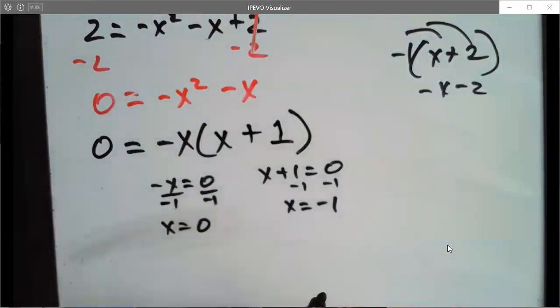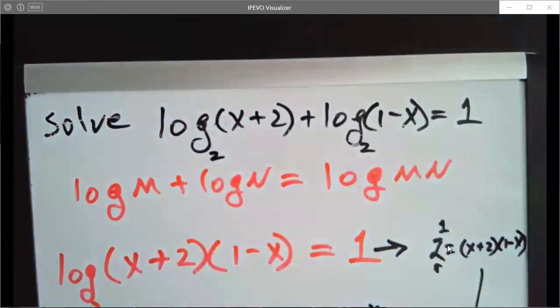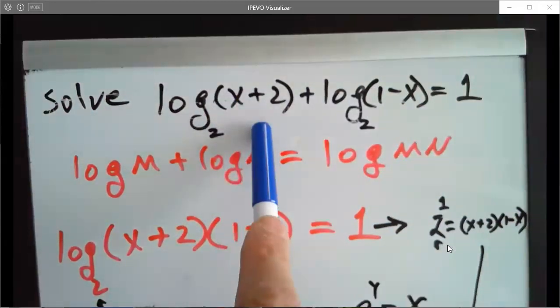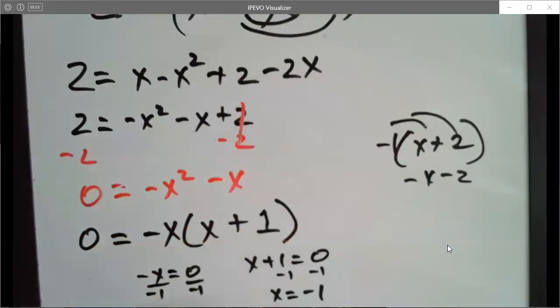So an easy way, we can check it by substituting it back into the original equation. And as long as we don't get a negative inside the parentheses, we're good. So we're going to start with x equals 0. So to check it, log base 2, and so we put 0 plus 2 plus log base 2 of 1 minus 0